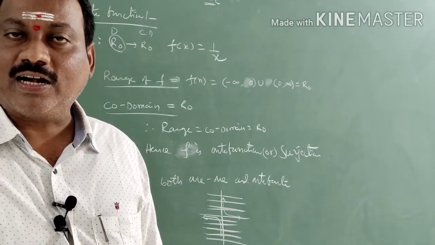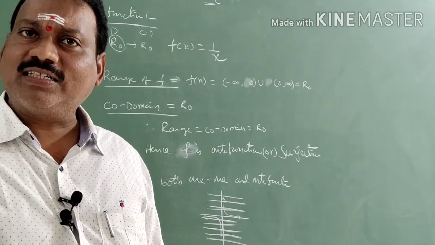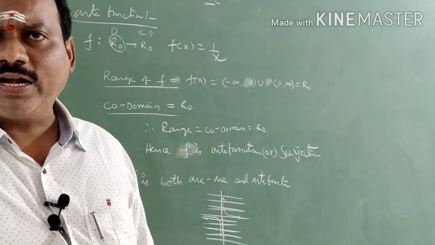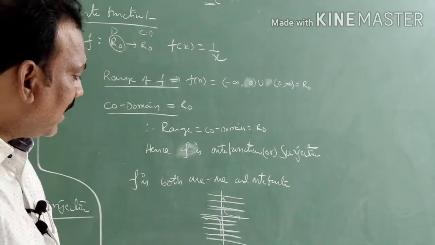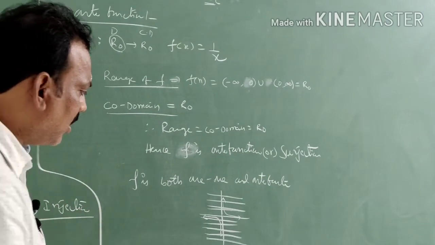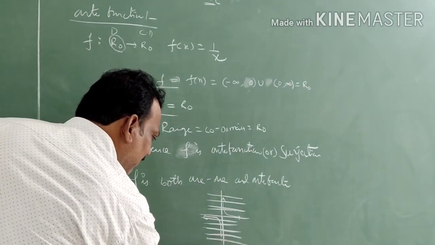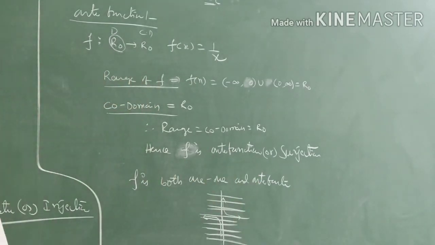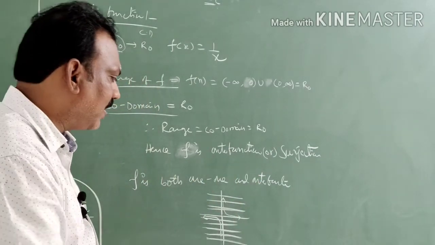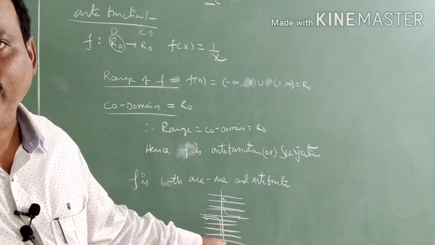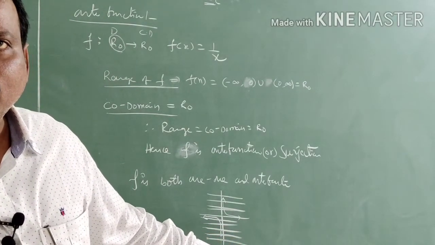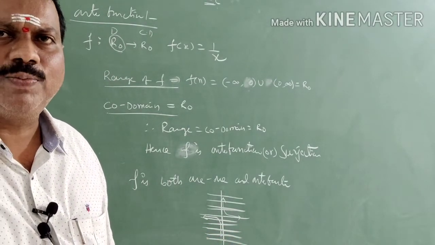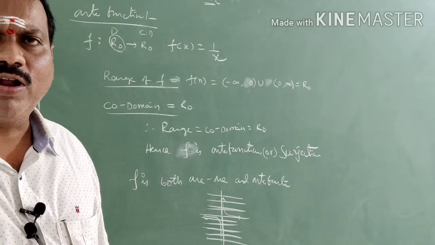If you draw a parallel to the x-axis and it intersects at most one point, it is called a 1-1 function. It is at least one point for onto. If you extend this graph, it is infinite. It is cutting at least one place. It is also an onto function. We can say this by using the graph. Clear, students? So like this, we have to explain that the given function is 1-1 and onto.